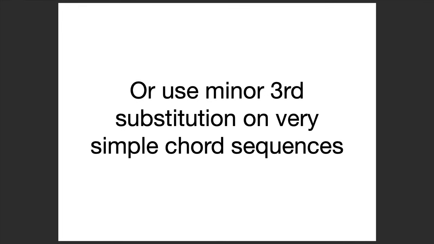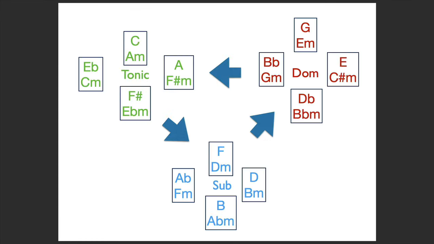Here's another simple idea we might try. For example, we might want to create a groove that just pivots between two of these fields, two of these groups. So we might pick, I don't know, this one, the F and the B flat, just spinning between them. And we can do it in a kind of almost rock style without a major or minor third.